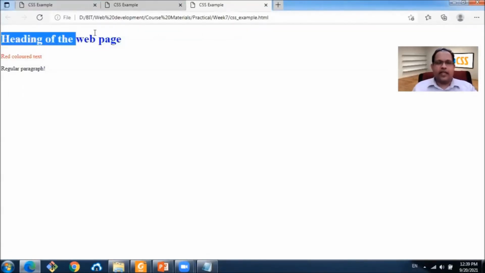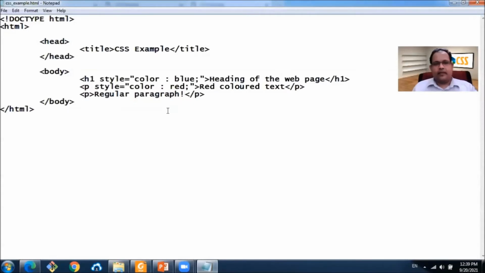Right. Now the heading is blue. The first paragraph is red, and the regular paragraph is black. Now, if you can see, this inline style also has this style attribute and an equal character and opening quotes, double quotes, and closing quotes.